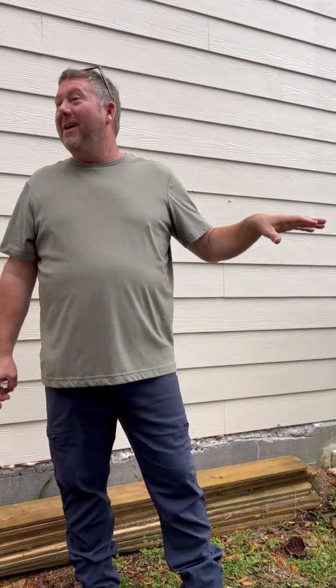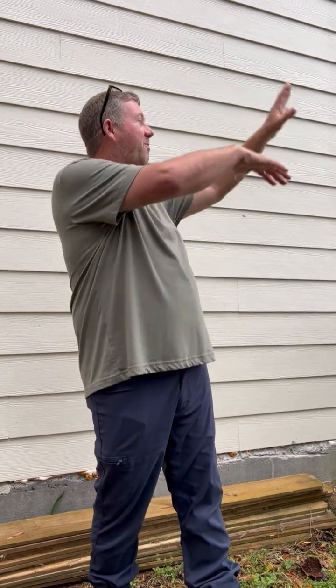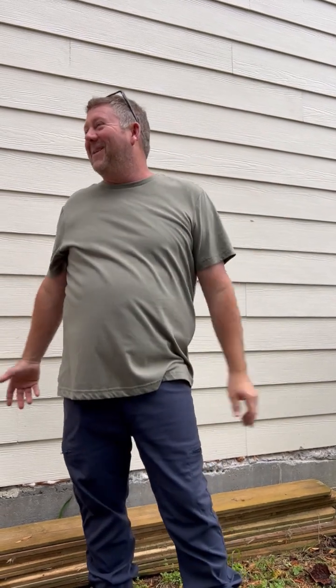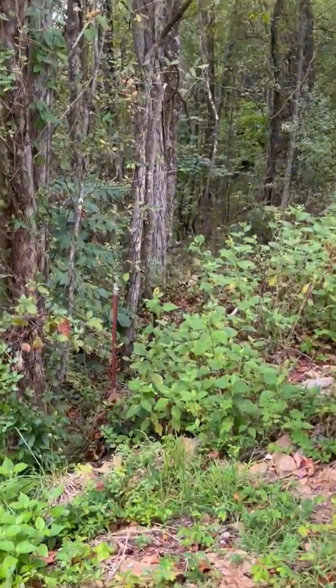On 4th of July, you guys have the perfect view. Wow. You don't have to go anywhere. Your property line, see that metal stake? It goes down, follows that fence up there. I put that fence up there